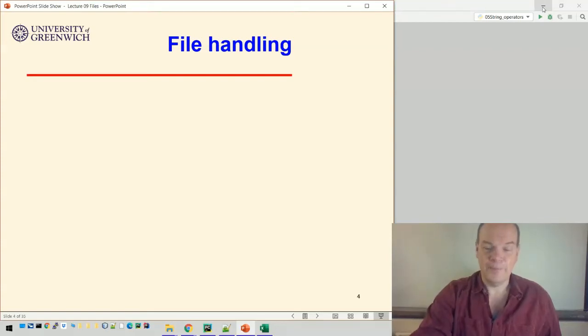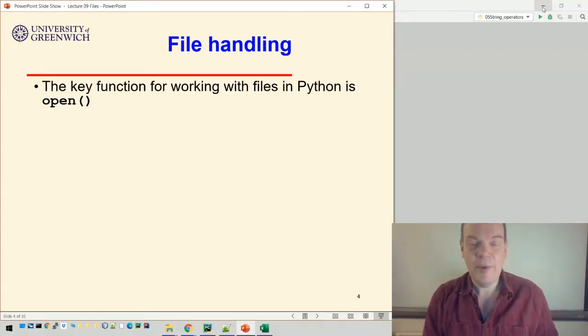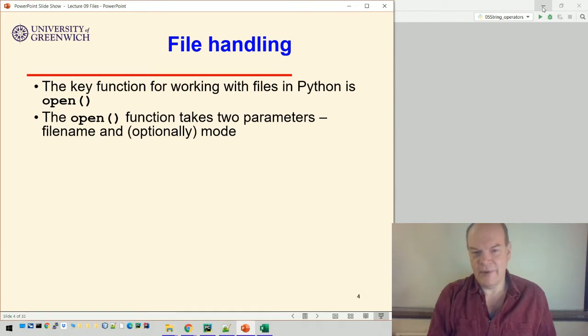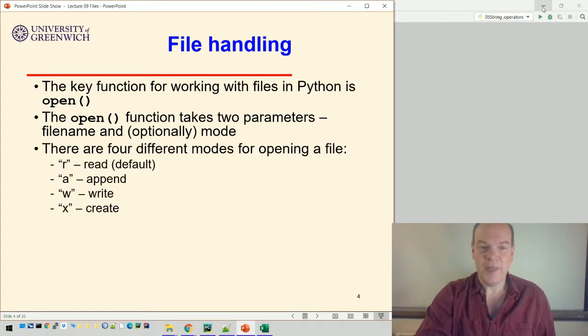So, file handling. When we want to work with files, the key function you need is the function called open. The function open opens files, obviously, and it takes two parameters: the name of the file, which is usually the full path name, so where it's found in the operating system, and optionally the mode. The mode could be R for read, or A for append, so open a file and add some contents at the end of it, W for write, which would overwrite an existing file,